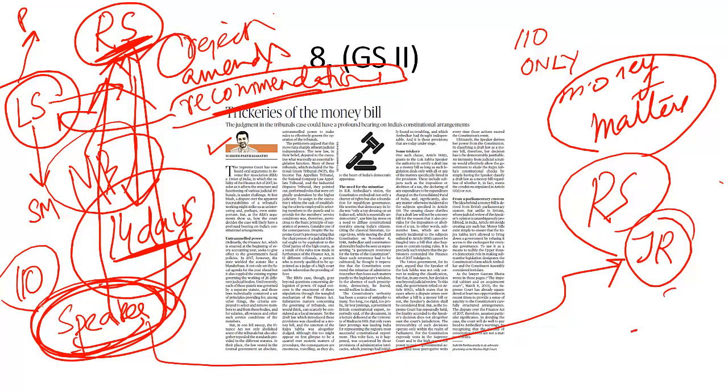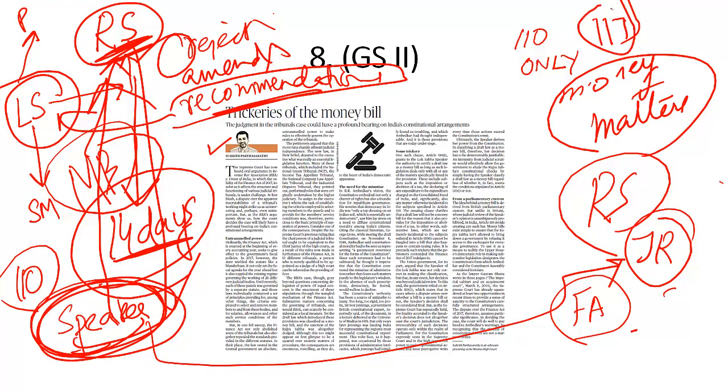But the government did not only do this. In the year 2017, when the Finance Act was passed, and the Finance Act is also a money bill after all, the Finance Act is passed at the time of the budget, because first the appropriation bill is passed, then the finance bill is passed. This finance bill is also a money bill, because there is a difference between a money bill and a financial bill. A money bill is under Article 110. A financial bill is under Article 117. But a finance bill is a money bill.